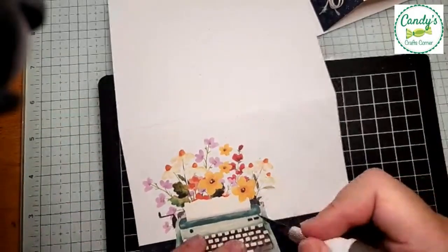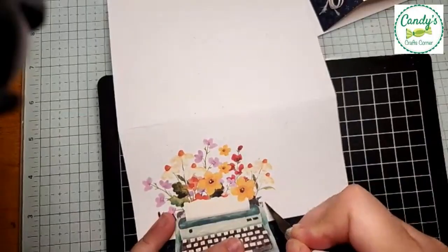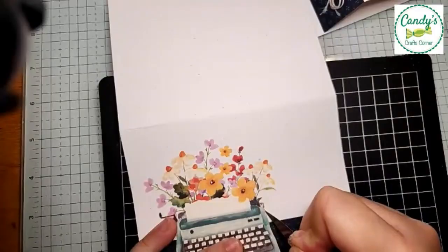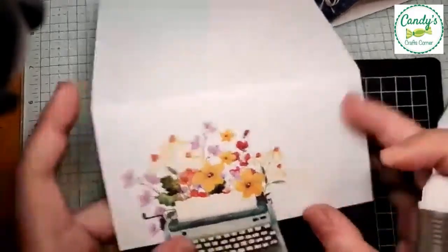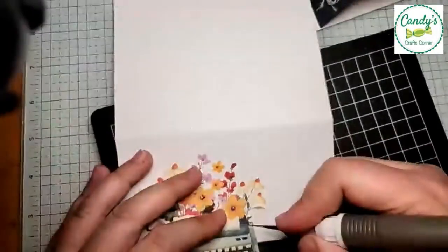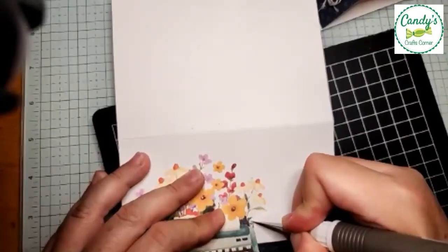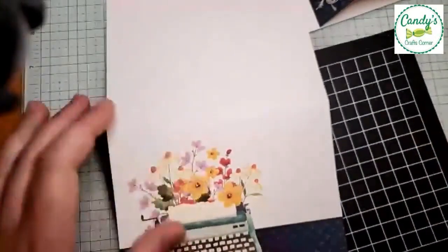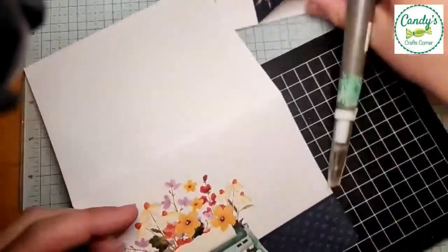But you can use an X-Acto knife, or you can make a little cut with your scissors. And once you have a cut, let's see if I can make it work. I'm just gonna be very careful. I'm trying to leave a little bit of white, but I didn't leave that much white here. So well, sometimes it's hard to control this. You should use a piercing mat or a bunch of magazines here, because you cannot do it directly on the